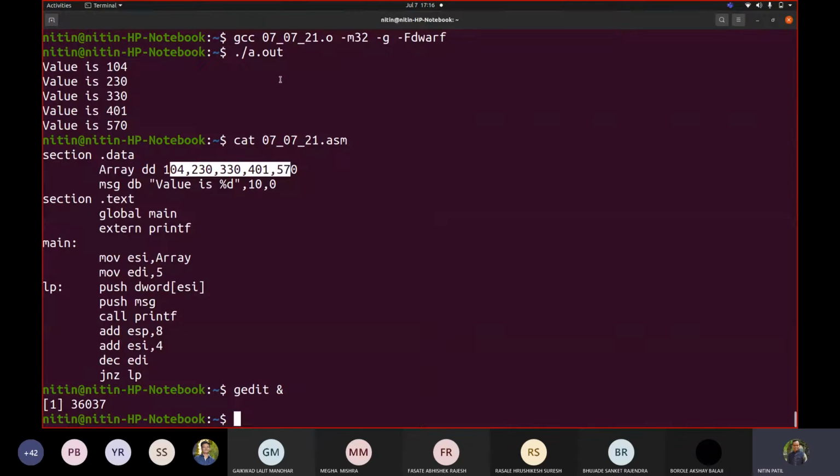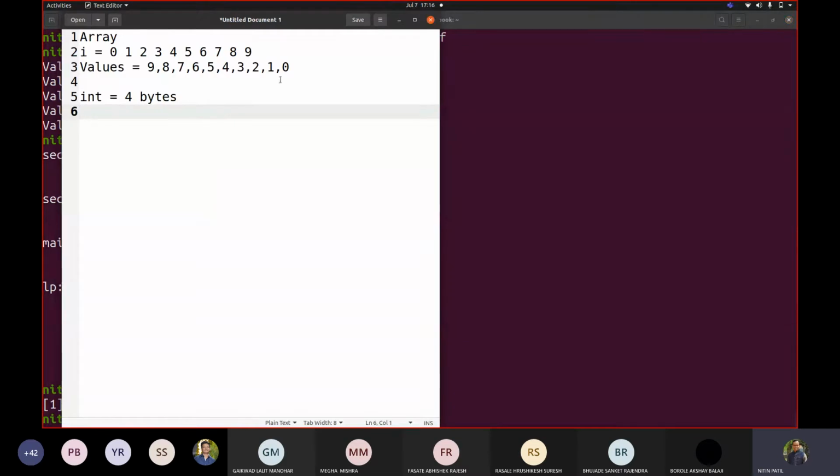Correct. Now if I have to ultimately compute this, how are the addresses calculated? Whenever I am picking the next value, it equals base plus index multiplied by size. Suppose the address of the array starts from 100.